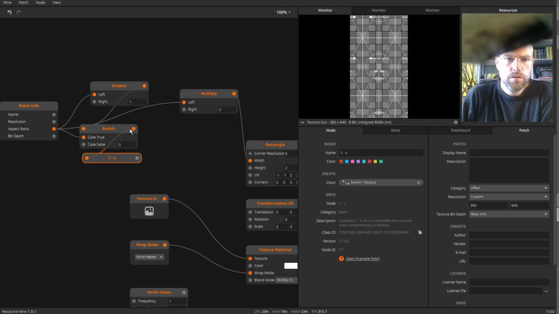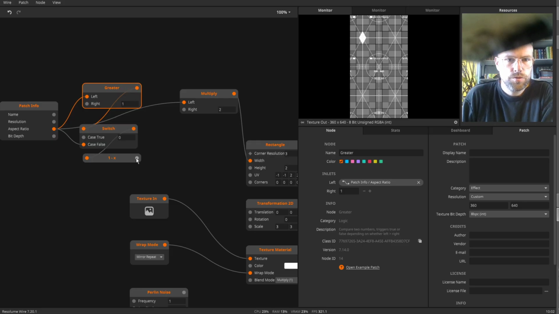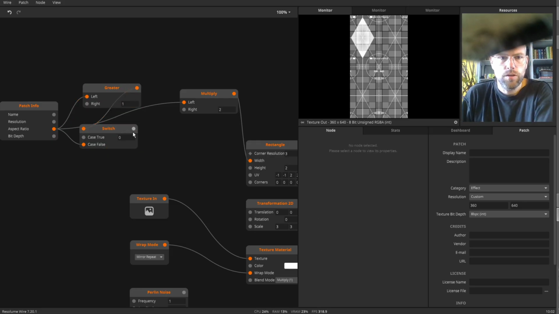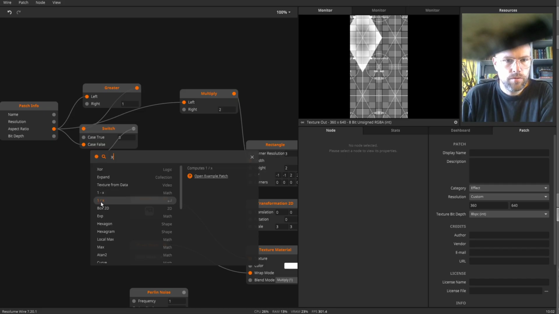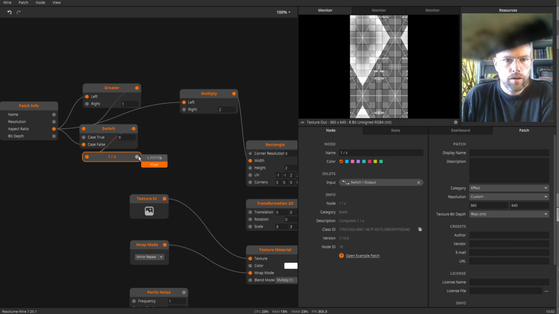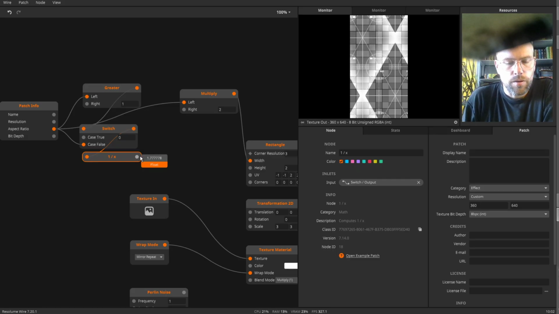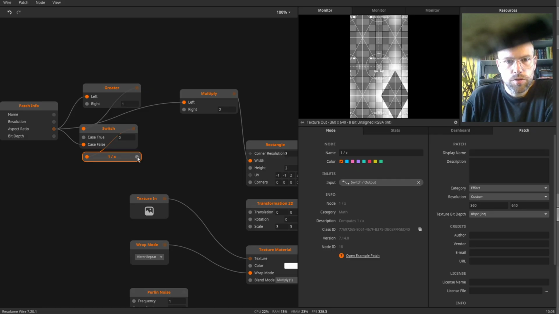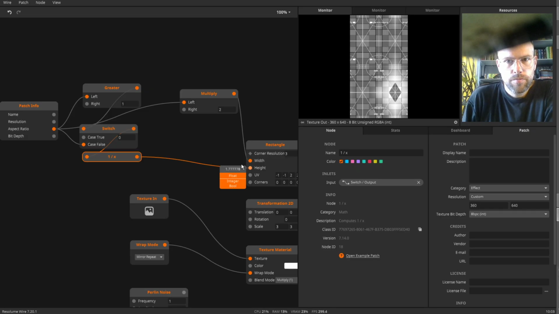Is this right? Oh, if it's false, okay, now its value is false, and we still needed that other one, this one. So now we have the right aspect ratio again,